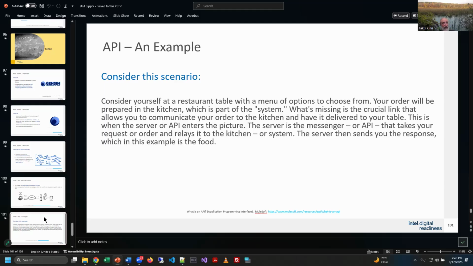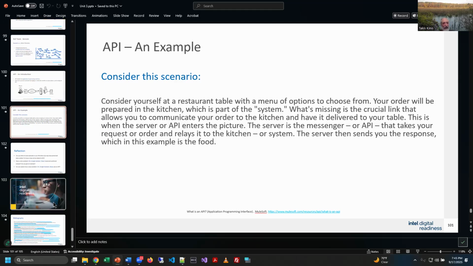They deliver it to the kitchen. You don't care how it happens, but it comes back and you have a burger and fries with ketchup and mustard, and hopefully not fried onions because you didn't order those, right? And it's all in that black box, as we like to say. So an API really exemplifies the black box concept, right? Because we don't need to know how the library works. We just need to make it work for us, right? We didn't engineer it, somebody else did, and that's okay.